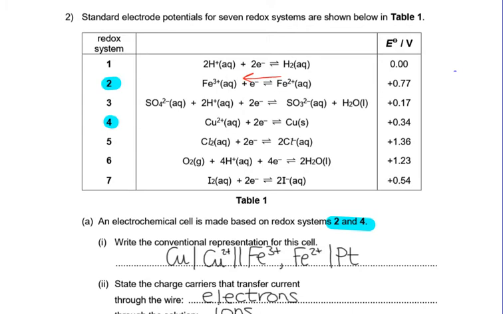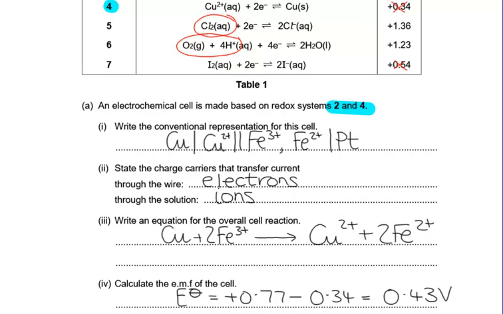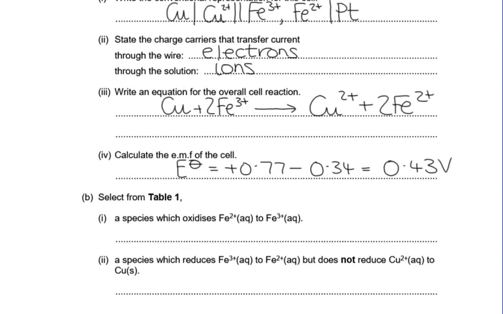So for that to go backwards, we need to find something with a more positive value to go forwards. So this is 0.77, and they've not put this in order to confuse us. Well, that's not more positive, that's not more positive, that's not, and that's not, but these two are. And if this one has got to go backwards, these two would go forward, so it would either be this or acidified oxygen. Okay, so what could cause, the oxidising agents, remember, are on the left. So what could oxidise? So Cl2 is what I would pick,